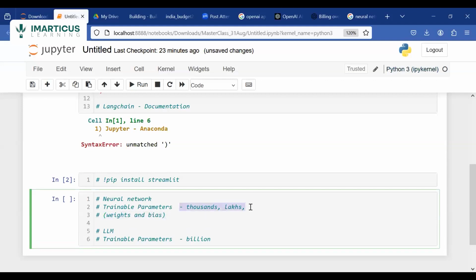So the sum total of weights and bias for a very basic neural network can go up to thousands and even lakhs and even more. But when we're talking about trainable parameters for LLMs, the starting point would be some billion number. So if I were to show you what is this number that we're talking about,